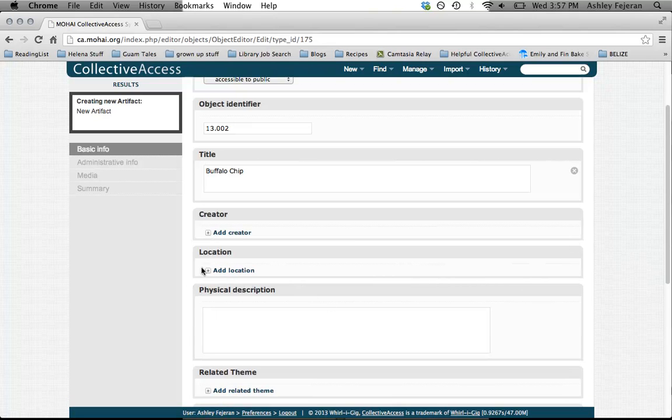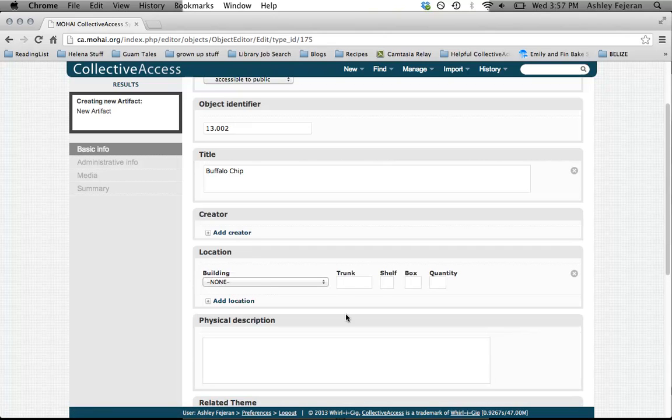The next thing that you'll want to denote is where the item is located. We have a few options here. So building, you can decide which building it is in, whether it's in the education classroom, down in Georgetown, or on the shop shelves. If it's not in a building and it's just in a trunk, you can select none,